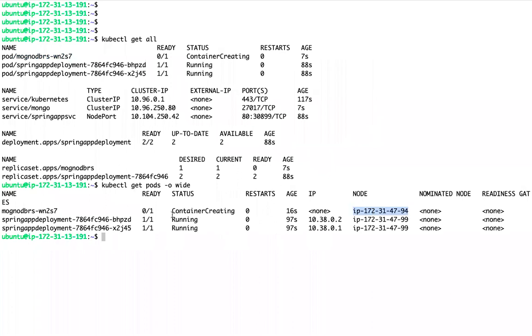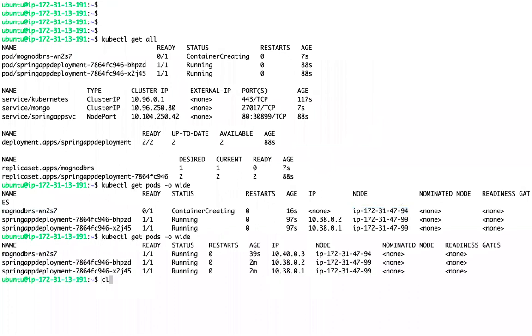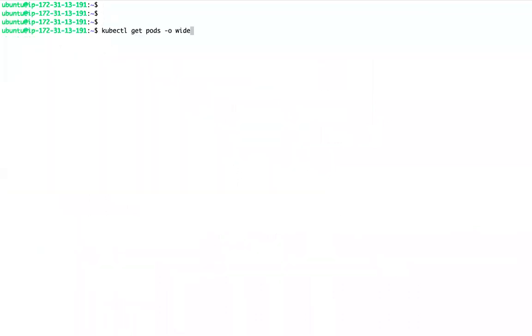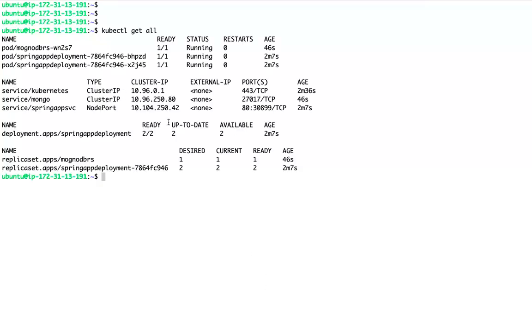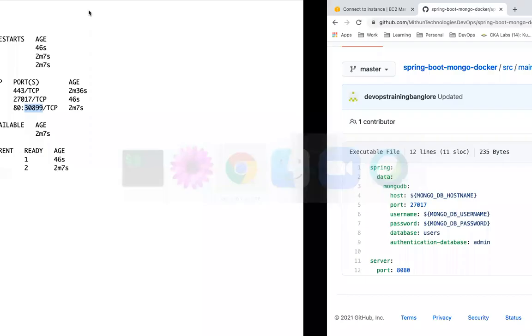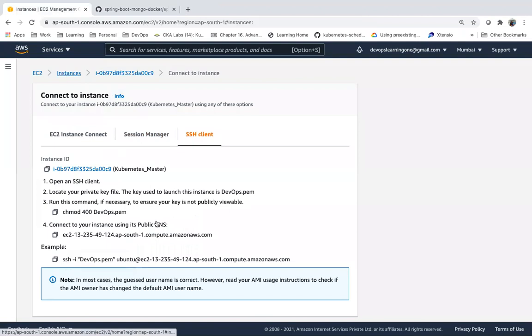So in that node, the pod is scheduled, and the container is mounted with whatever directory I have mentioned in that hostPath. Now my application is deployed. So let me access this application using this service. What is my service port? This one. So let me open the port in the AWS server security group.